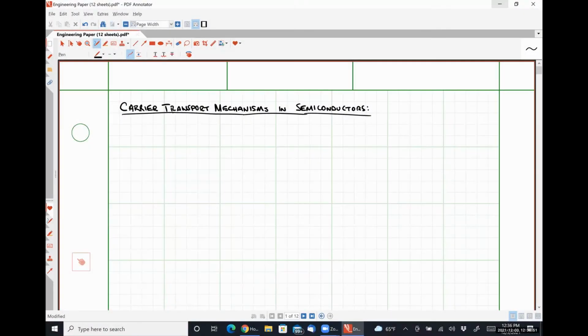All right, so in a semiconductor, there are two principal mechanisms by which charge carriers can move throughout the semiconductor medium, and they are drift and diffusion, okay? So we're gonna talk about drift first. So carrier drift